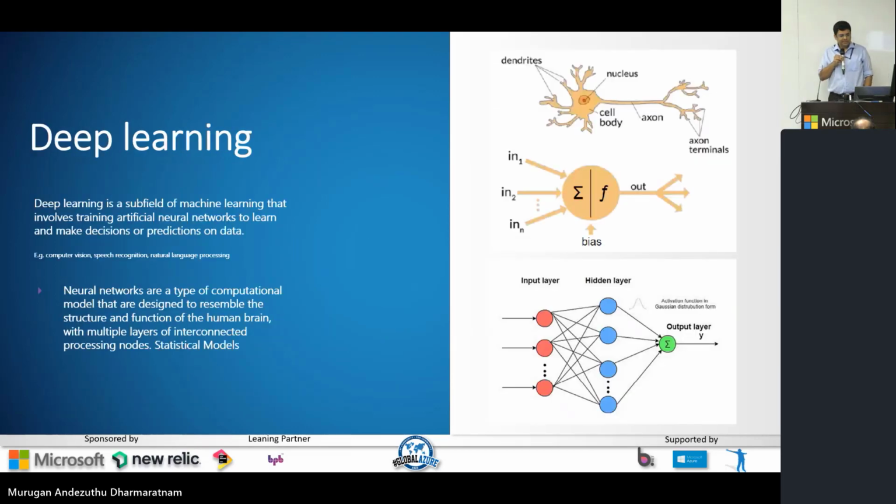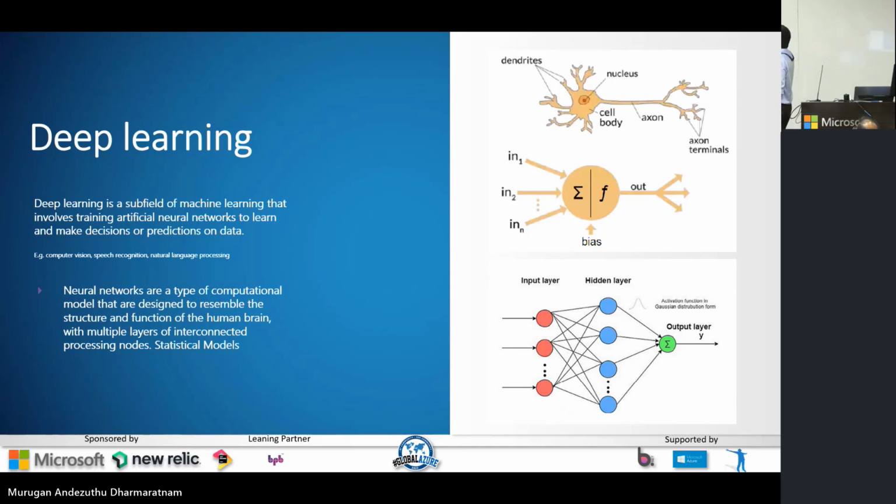Deep learning is basically a subset of machine learning, and deep learning drew inspiration from human neurons. On the top, you can see the diagram of a human neuron. Our entire brain works on electricity, right? This is the structure of a human neuron.